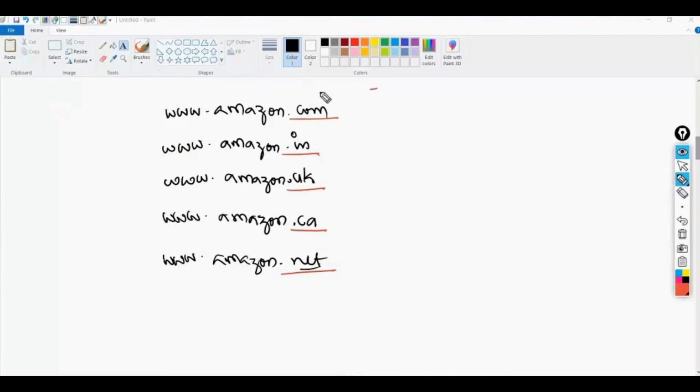From the right, the dot is your root DNS. .com, .in, .uk, .ca, .net. These are top level DNS, TLD, top level DNS servers. So the root DNS